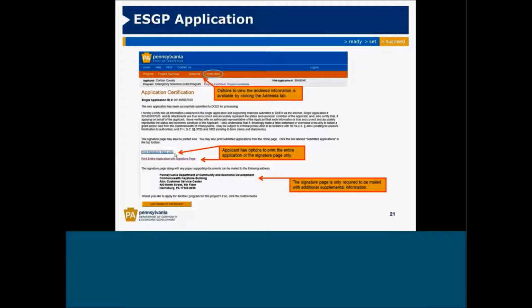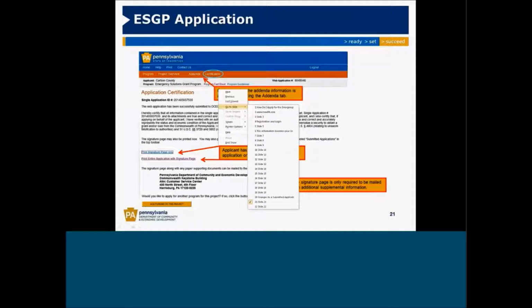And so, slide 14, does the financial information include the match amount, or is it only the ESG requested amount? It would include your ESG and your match. There's a column for your Emergency Solutions Grant Program, and you would include the amount that you're requesting under that column. And then the next column, we just have it listed here as the